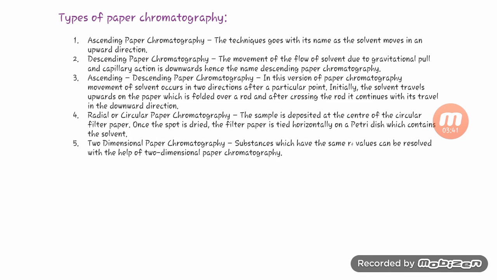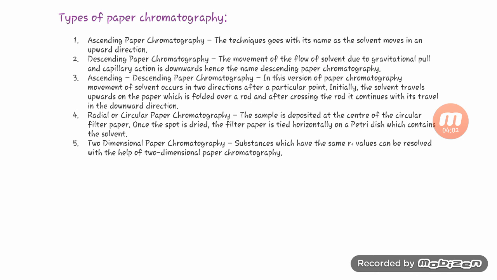So let's see the types of chromatography. There are five types of paper chromatography. Ascending paper chromatography: the technique goes with its name, as the solvent moves in an upward direction. Descending paper chromatography: the flow of the solvent due to gravitational pull and capillary action is downward,